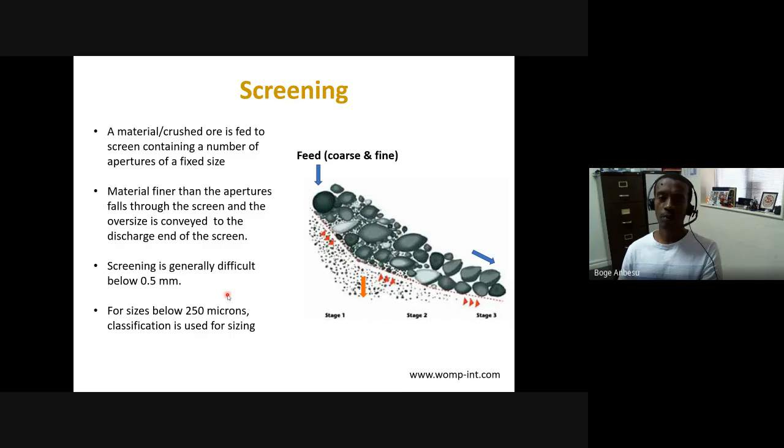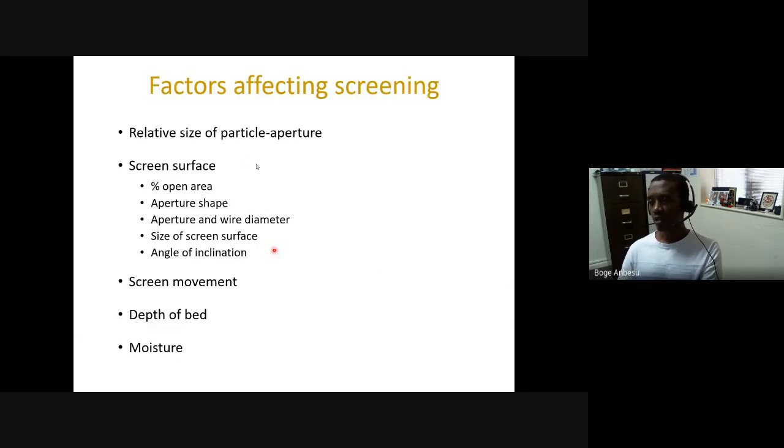But when we talk about screening, typically it is particles above 0.5 millimeter. If you want to screen something that's finer, then you probably are not going to be effective. So you probably have to use a classifier. Okay, so that's the main difference. And I also went through some of this in the class. So you probably have to go back and try to understand the effect of each of these factors on screening